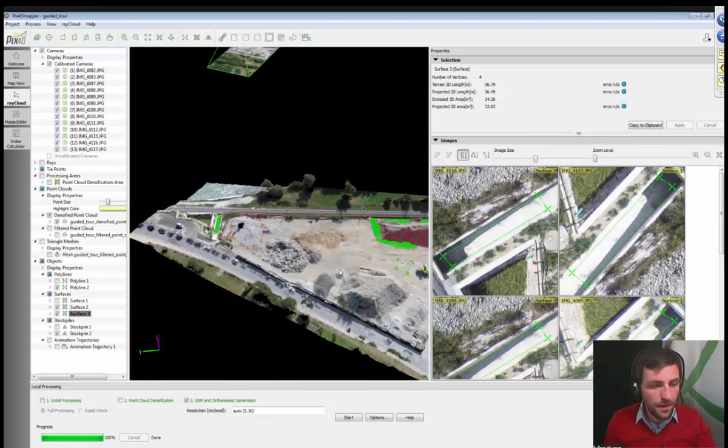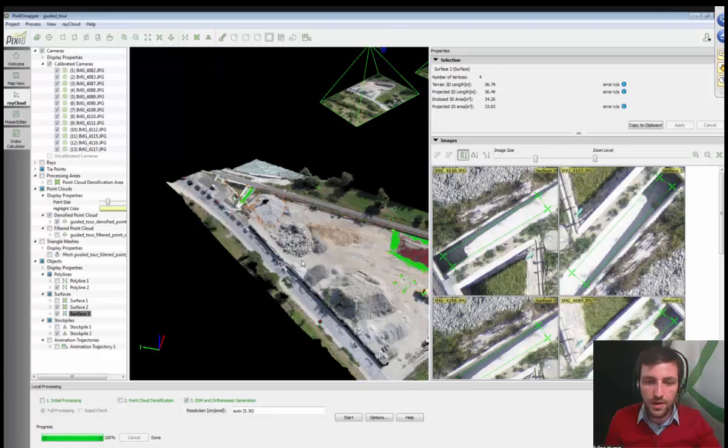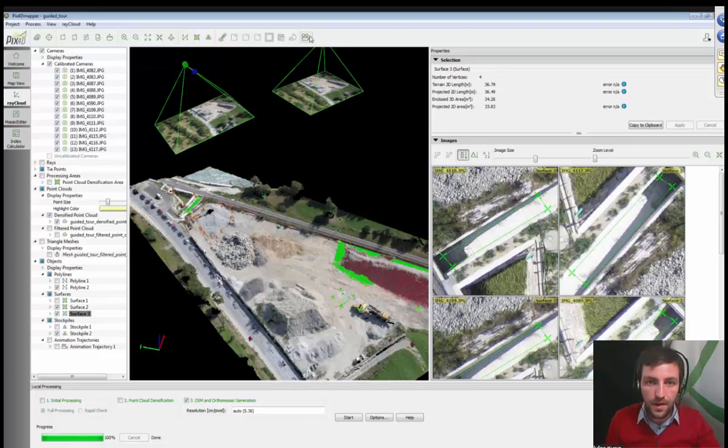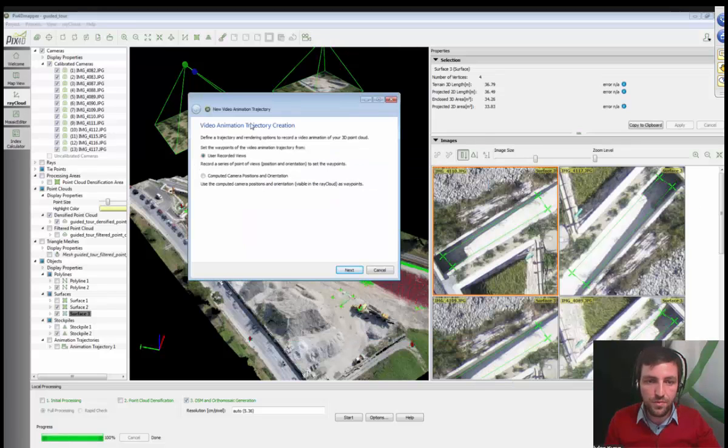Finally, the last tool I'd like to show in the Mosaic editor is the one to create animation video. So this is this little icon on top there. By clicking on it, you will be greeted with a small wizard that lets you choose between the user recorded view or the computed camera positions. Most of the time you will want to use the user recorded view. Press next,